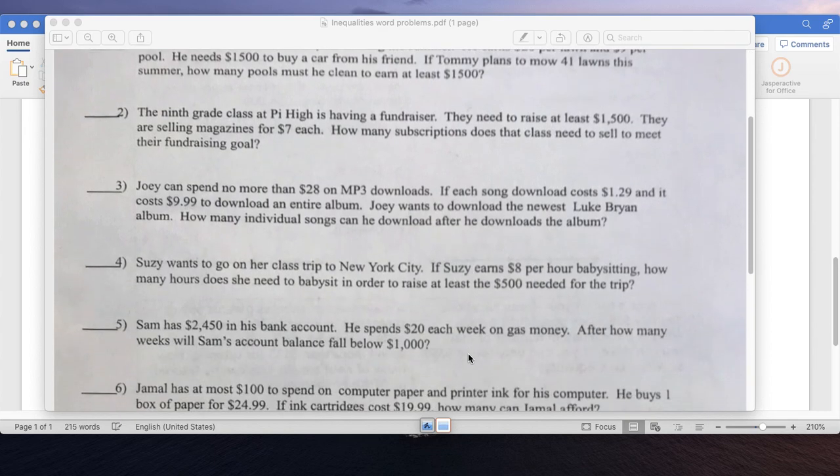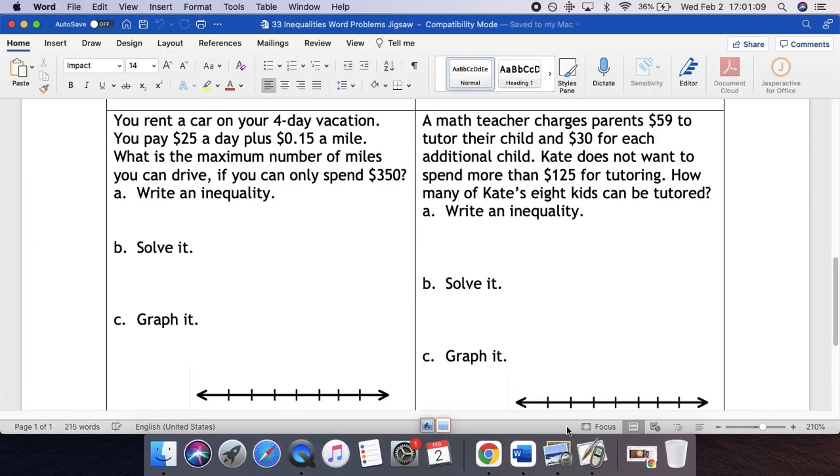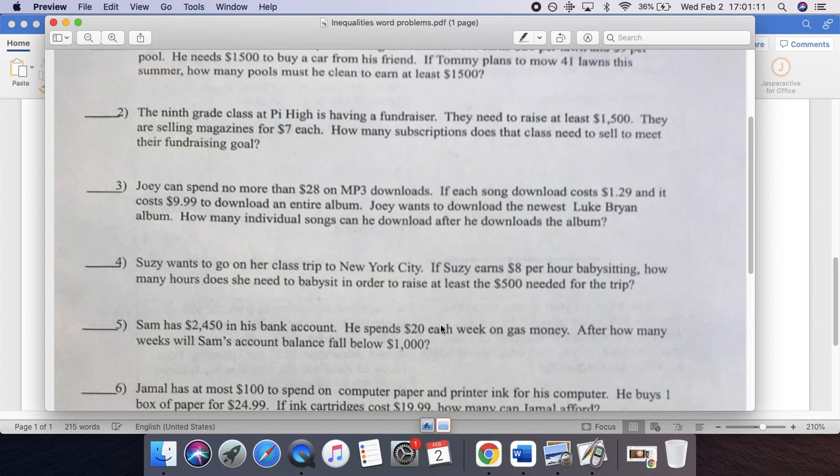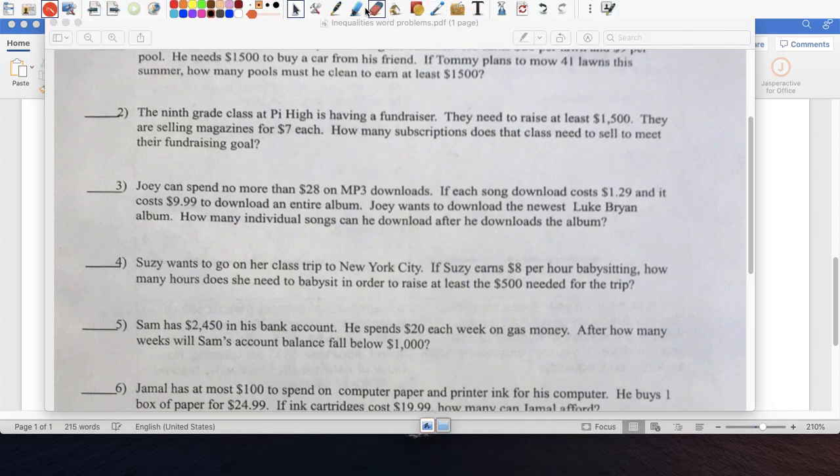Number 2, the 9th grade is having a fundraiser. They need to raise at least $1,500. So again, whatever they're doing has to be greater than or equal to $1,500. They're selling magazines at $7 each. How many subscriptions does the class need to meet their fundraising goal? So 7 times however many sales has to be greater than or equal to 1,500. Divide both sides by 7. And let's see, 1,500 divided by 7 equals. So they need the number of sales,